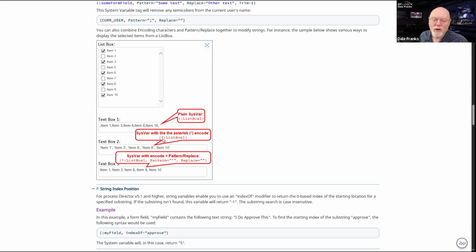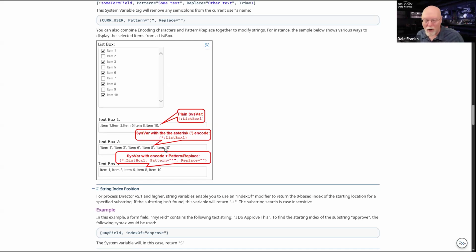If I drop in the asterisk encoding character, it will remove those first and last commas, but it's also going to put each individual item inside single quotes. Now, you may or may not want that.